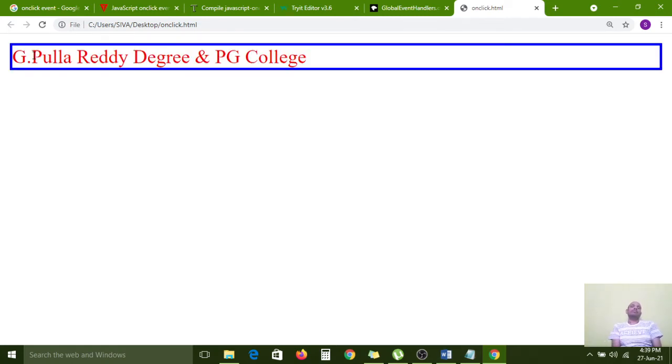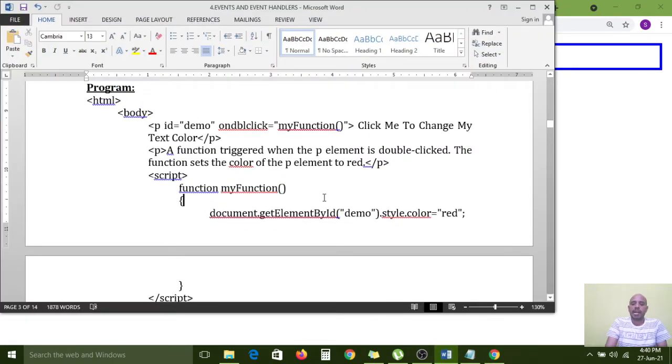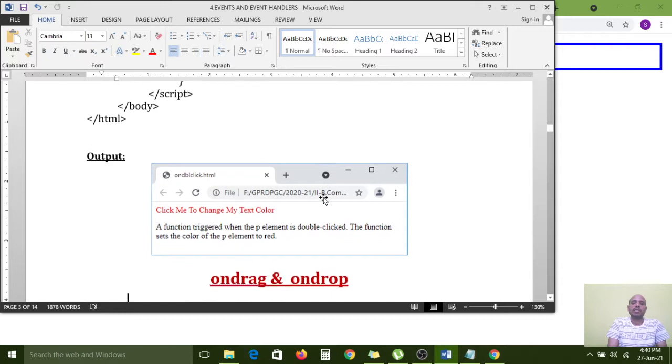You can't see the double clicking visibly because I am clicking on my keyboard. So instead of the onClick event, you have to write onDblClick. With the onClick event you give only one click with the mouse. But if you configure onDblClick instead, you need to give two clicks with the mouse on the text, and only then will the message display like this. I have already given one example, so you had better practice. That is onDblClick.